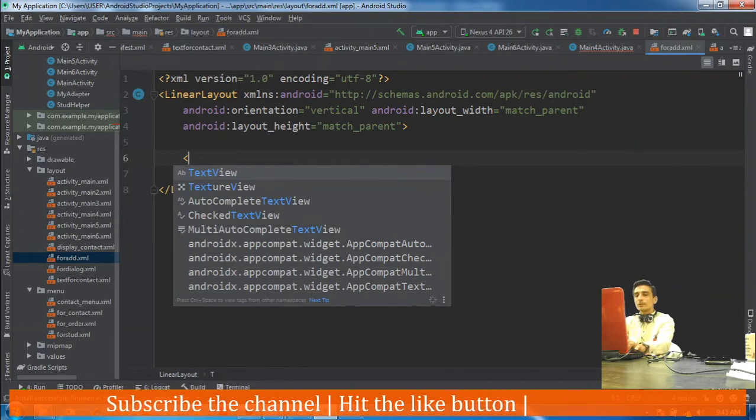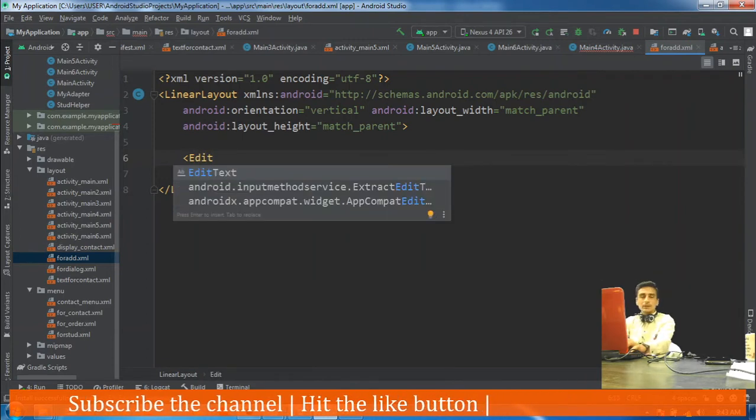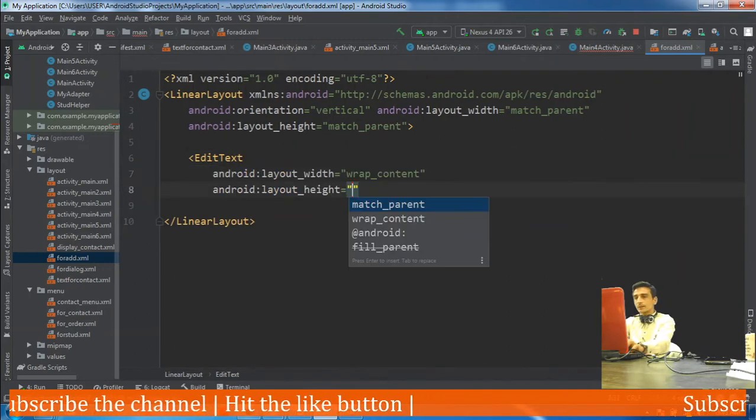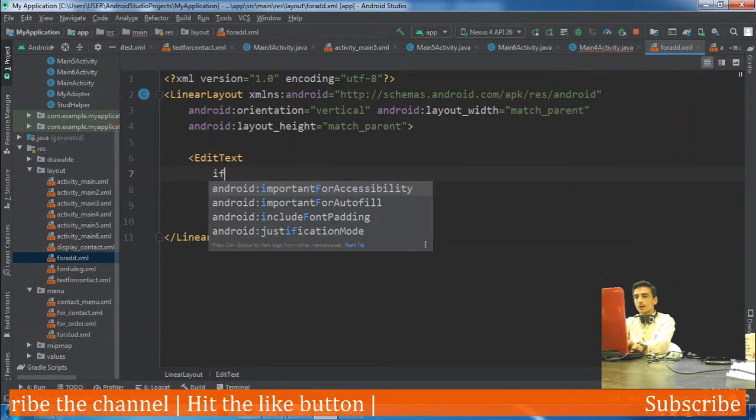No need to give a title, because the title will be available in the alert dialog. Okay, so just an EditText, wrap content, ID is required.